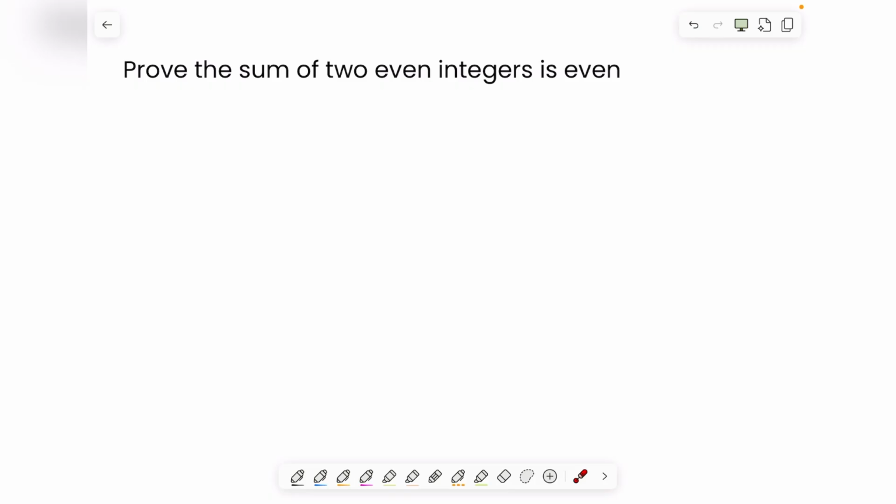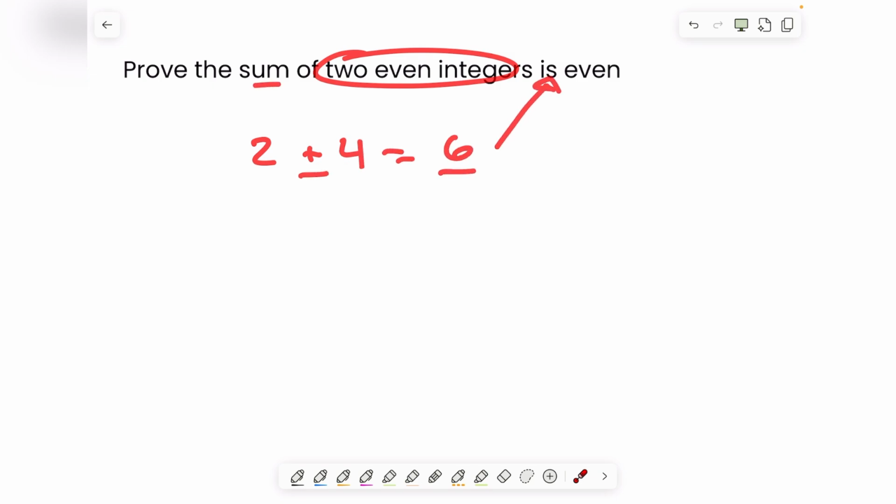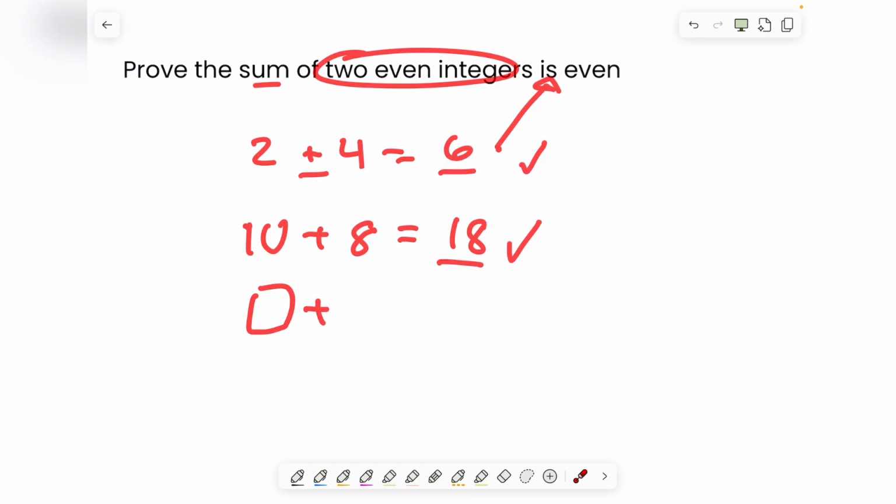We're told to prove that the sum of two even integers is even, meaning if we take two even integers, let's say 2 and 4, and we sum them together, its sum, which is 6 in this case, is also supposed to be even, is it? Yes. Let's take another two even integers, how about 10 and 8? Its sum is 18, is this even? Yes. And we can take another two even integers, and its sum is supposed to be even, that's what we're